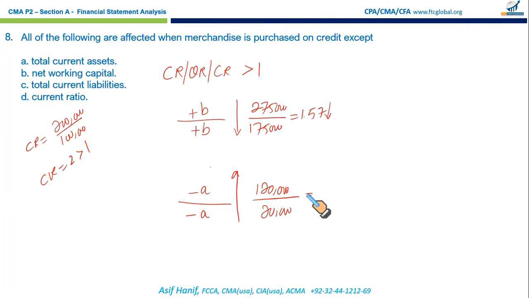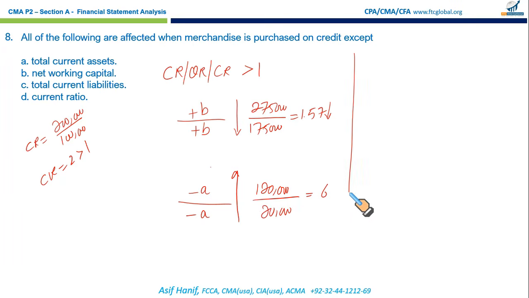Look at the massive increase in ratio. $80,000 deducted from the numerator, $80,000 deducted from the denominator. The ratio is now 6. Can you believe that? So it is very important to see whether the existing ratio is greater than or less than 1. Without computation, we can predict using these arrangements.